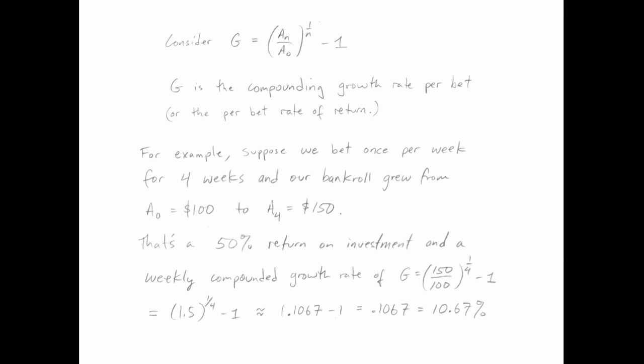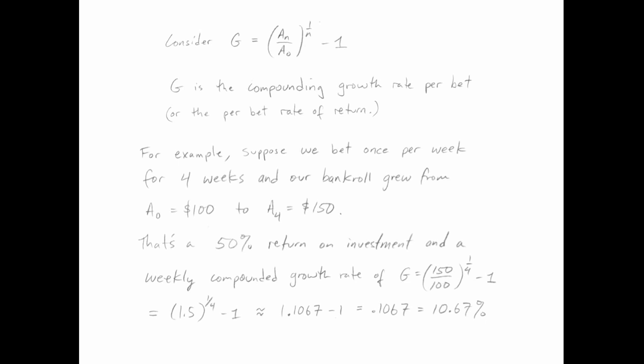As an example of this formula, suppose that we bet once per week for 4 weeks, and our bankroll grows from 100 to 150. That's very optimistic, but it's just an example. Suppose that a 50% return on investment, if I went from 100 to 150, that's a $50 increase with a starting amount of 100. That means I have a 50% return on investment. And what is the weekly compounded growth rate? What is the value of G under those circumstances if you go from 100 to 150 with 4 bets once